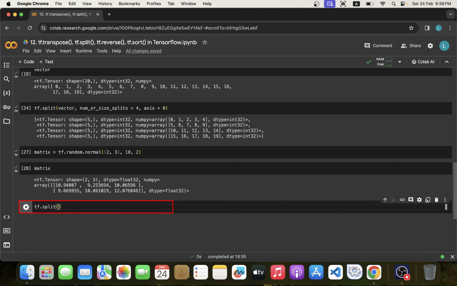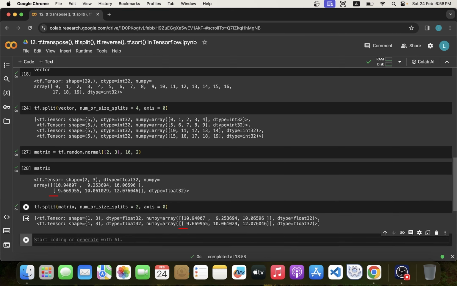The matrix as the first argument, number of splits, let's say we want to split it in 2 parts, in 2 arrays, and axis. Let's say we want the axis 0. It means row wise. So execute it and we can see it has split into 2 arrays